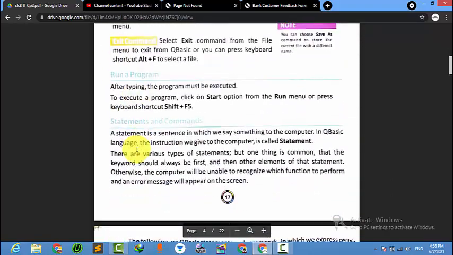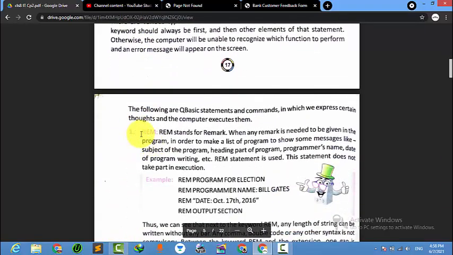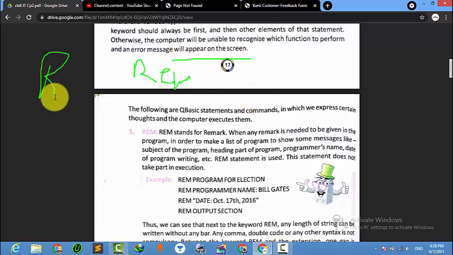Now these are the computer keywords. English has words like him, her, to, and combinations of them. Similarly, the computer has different keywords, like we need to give different designations. REM means remark. Remark means to give a heading, like what this program is about or what we are discussing. It will be done in your practical.